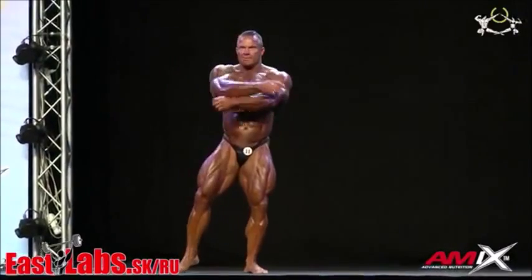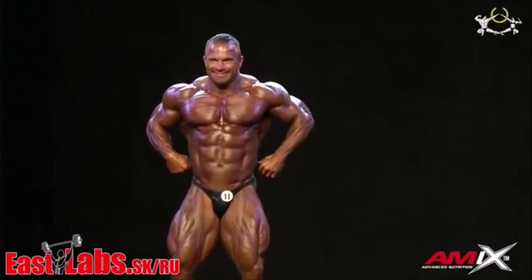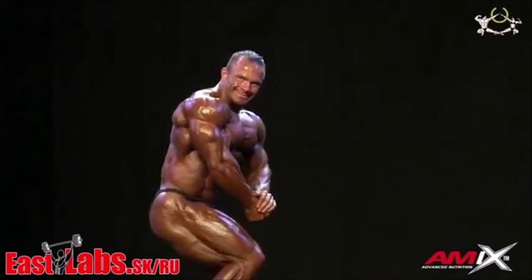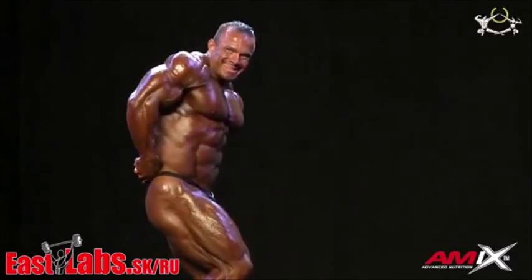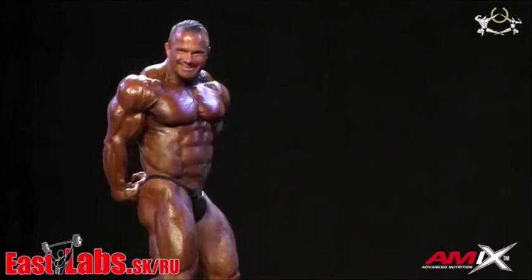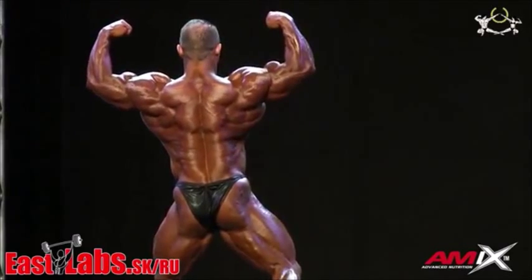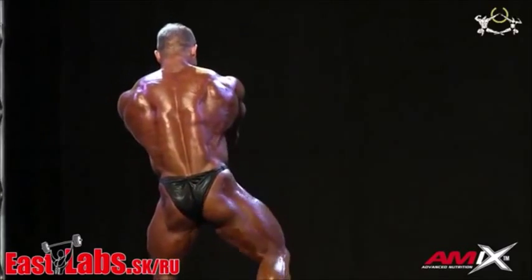Ronnie Rockel. Coming up in his return to the stage with real good levels of muscularity and condition, as you can see. Take a look at the separation between the quads and the hamstrings. Take a look now at the side tricep pose. We can see the separation between the triceps and shoulders. Now here we go for a back double bicep pose. As we can see, it's looking very hard, great condition, and he looks to be one of the top contenders